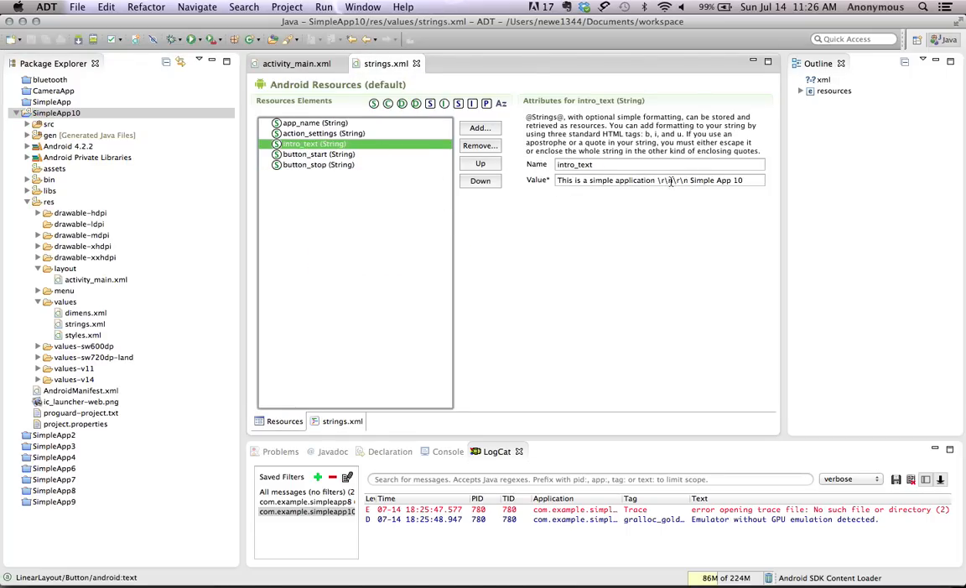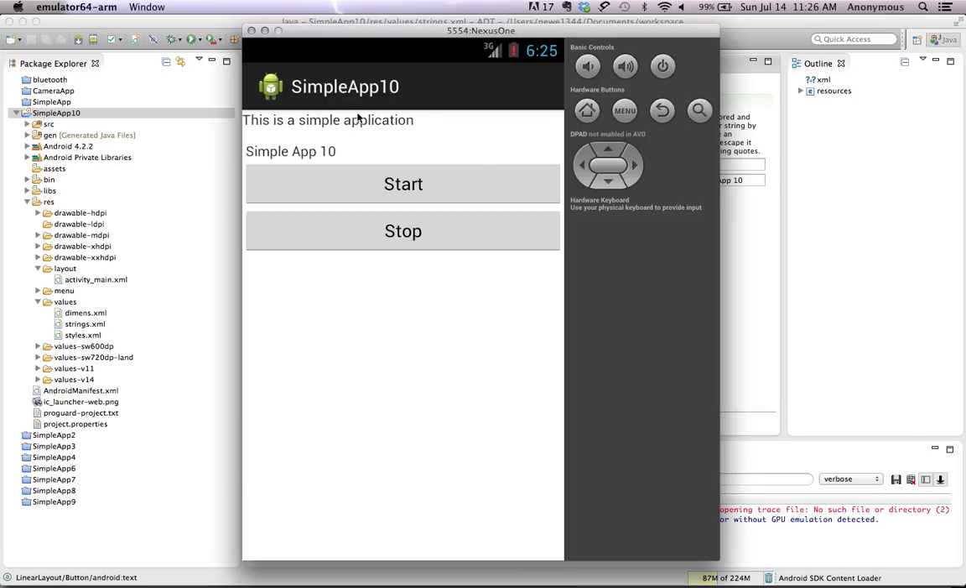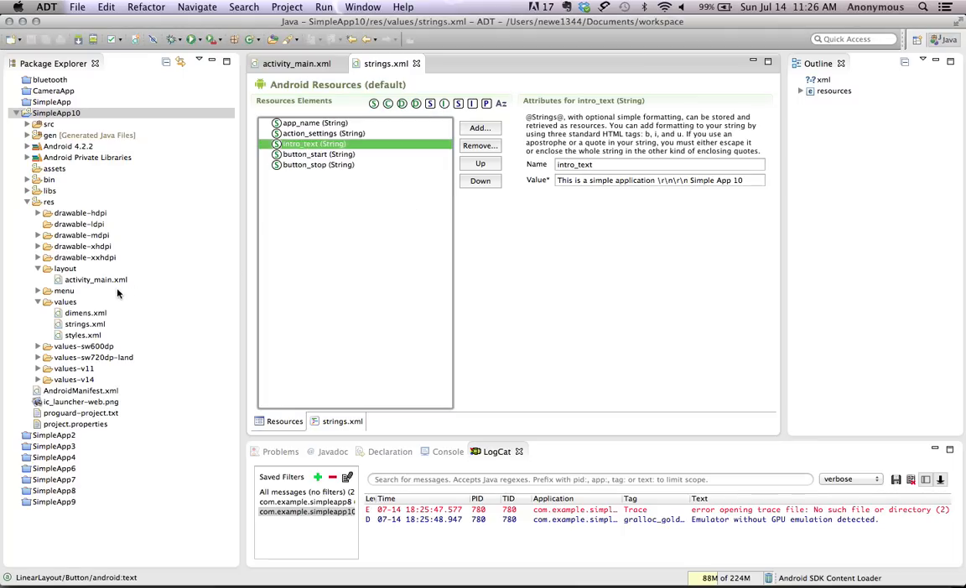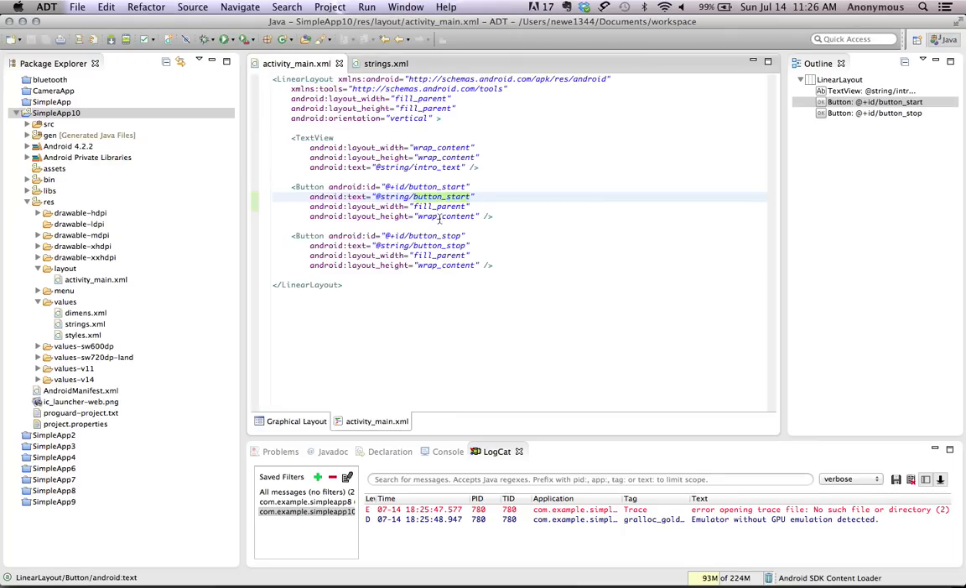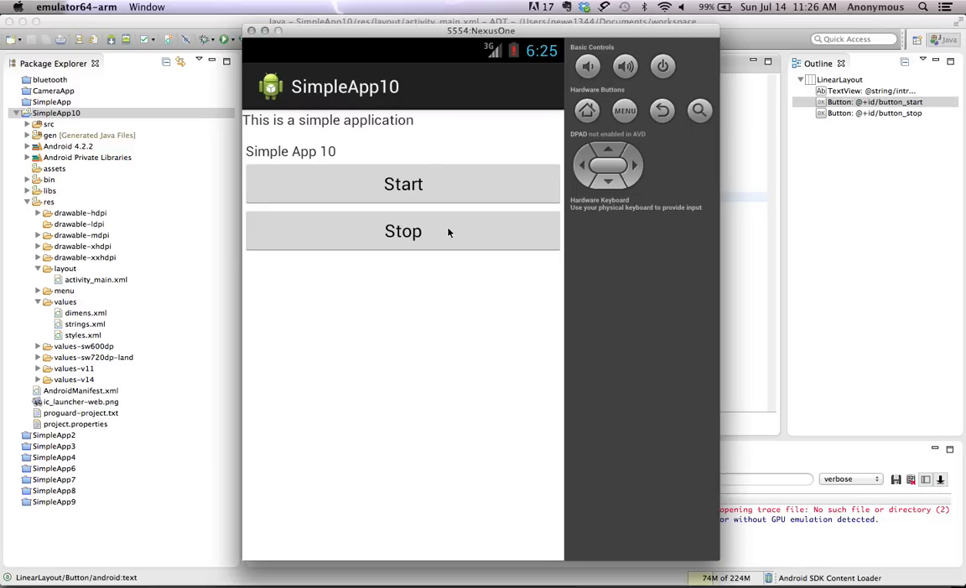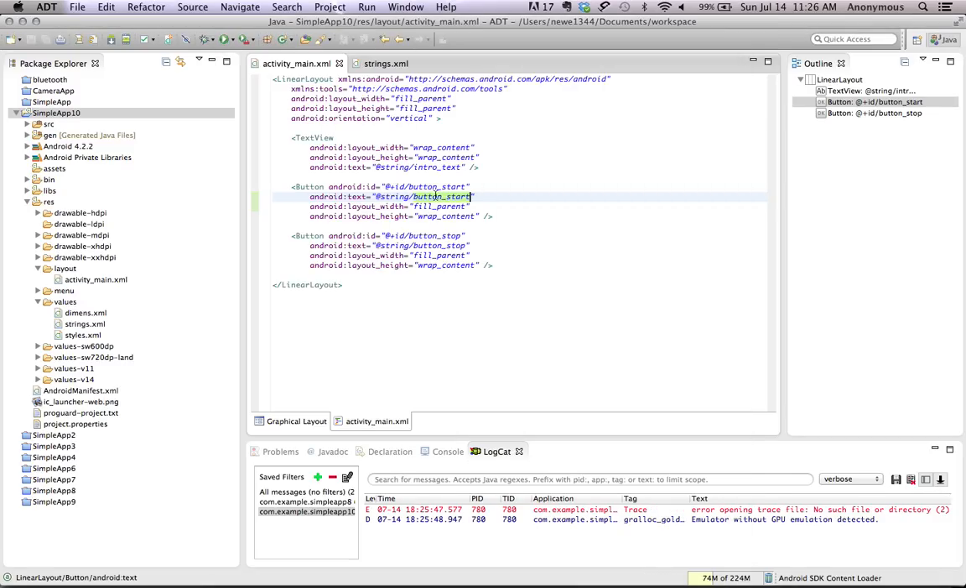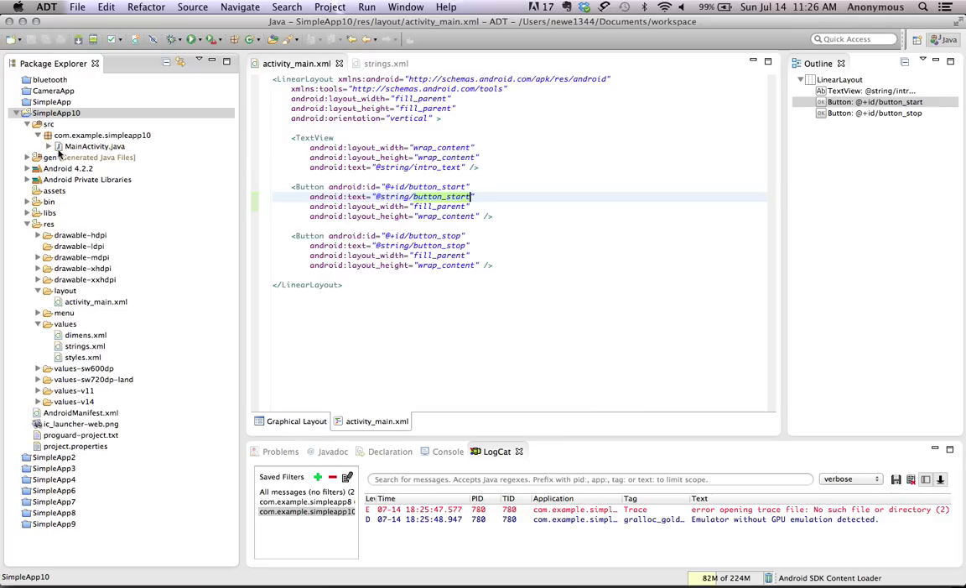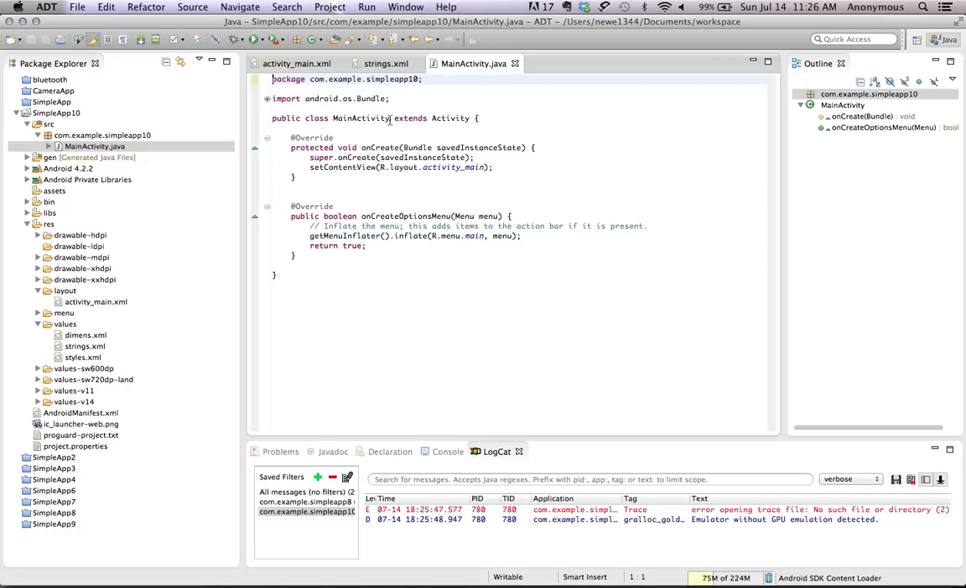This is a simple application, return new line, simple app 10. You can see that's the format for that, and then we added two buttons in our activity, start and stop, and there's our start and stop buttons. So the next thing that we want to do is actually look for the events of the buttons being pressed, and we can do that in our source main activity.java file. This is the activity. This is basically the Java file that will boot up and start to control our application